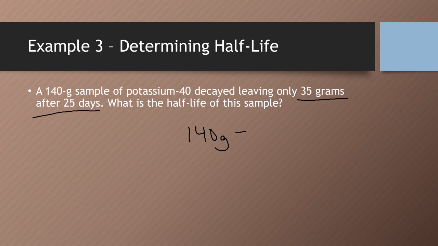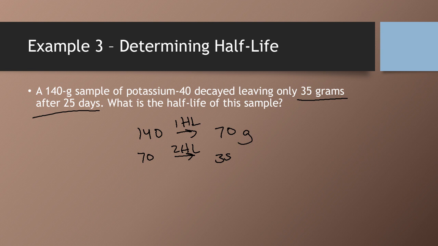Well, let's look at this a different way. I think this will be easier for you guys to understand. If we start off with our original amount and we divide it by 2, for 1 half-life, we're now left with 70 grams. After the second half-life, well, now we're left with 35 grams. 2 half-lives have passed,